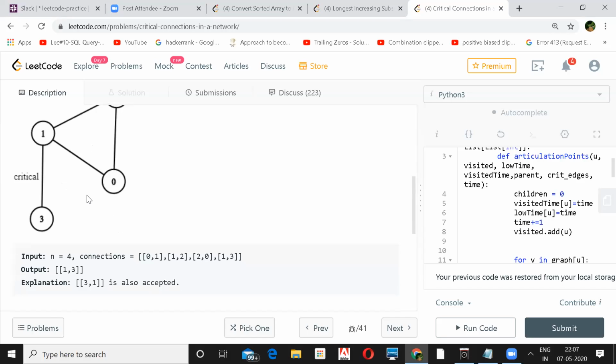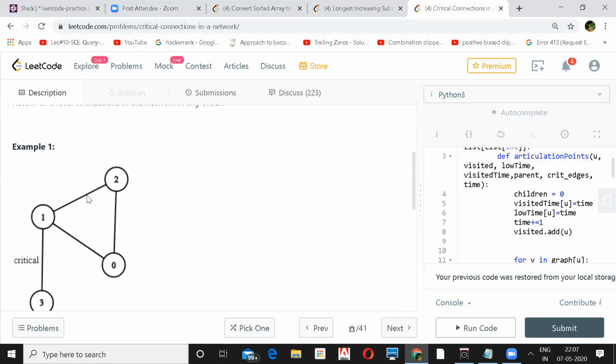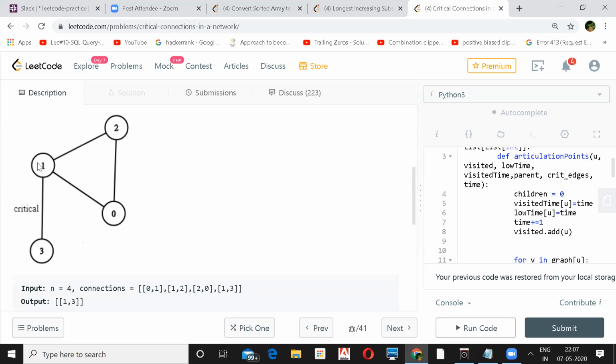How do you define an island over here? Island, like nodes. Let's say if you cut this critical point, you'll run DFS from here. So from 1 you'll go to 2, and from 2 you'll go to 0. You'll increase the count, but again you can't go to 1 because it has already been explored. So here you'll have 3 nodes, but the total number of nodes initially given is 5, which is not equal to 3. That means somewhere something is broken. So that will say that this is that critical point.